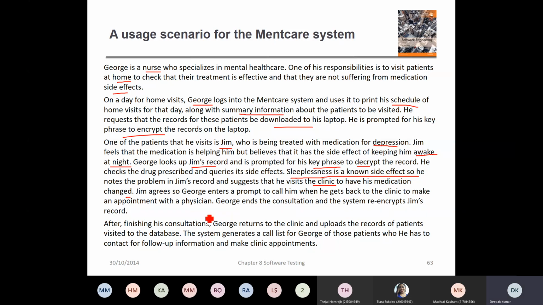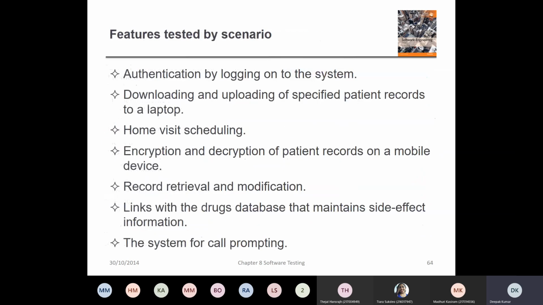And yeah, so basically you can go through it, but this uses a scenario base, and based on that scenario, you can develop your test cases, right? So what could be the sample test cases? Authentication by logging, downloading and uploading specific records, home visit scheduling, encryption and decryption of patient records, retrieval and modification of the records, links to the drug database